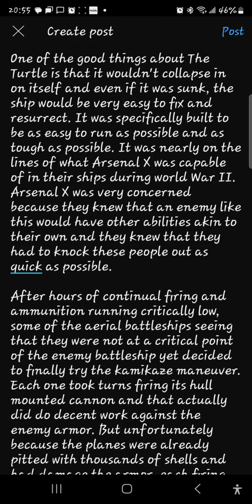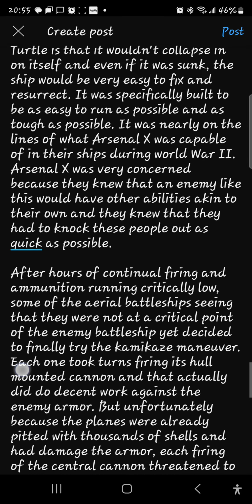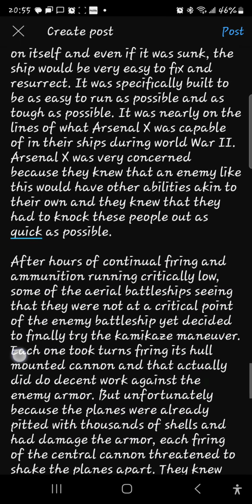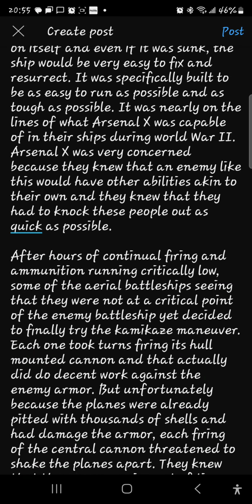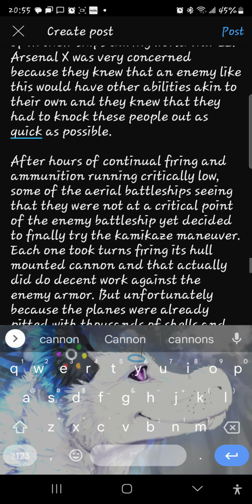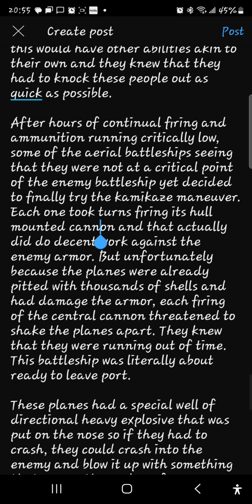After hours of continual firing and ammunition running critically low, some of the aerial battleships, seeing that they were not at a critical point of the enemy battleship getting sunk, decided to finally try the kamikaze maneuver. Each one took turns firing its hull-mounted cannon, and that actually did do decent work